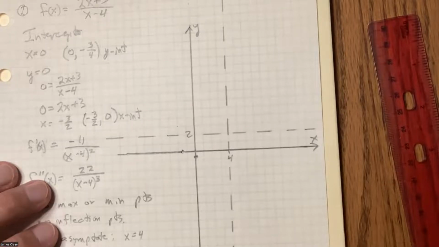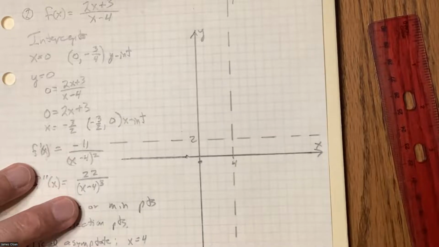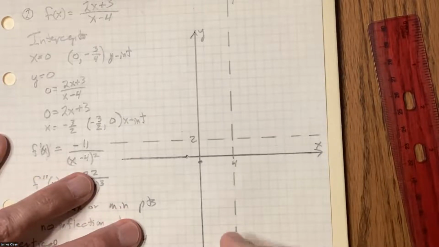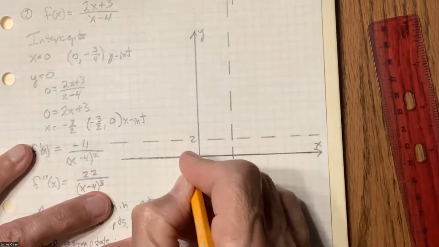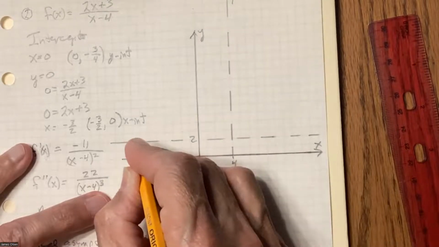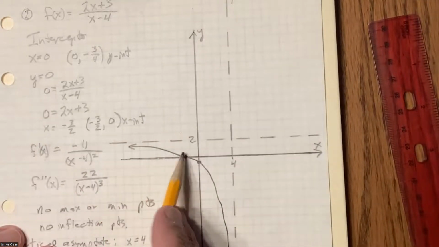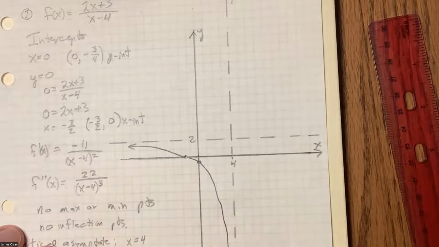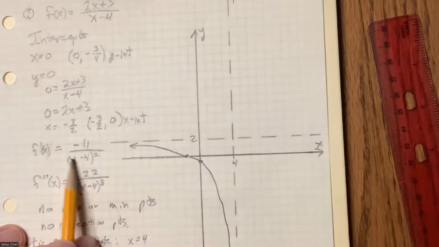So from experience, I know that this graph is going to be going basically like this and approaching this horizontal asymptote. This is going to be concave down